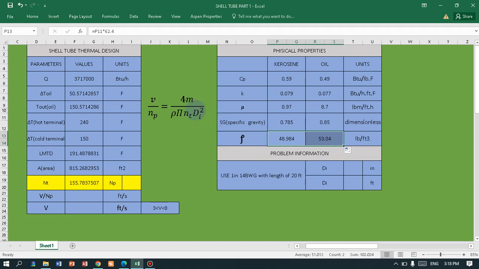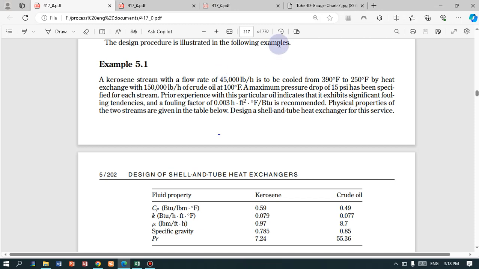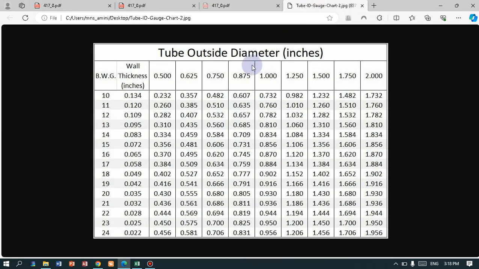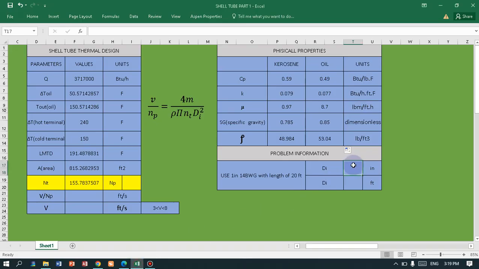For the internal diameter of the tubes, we need to find out the diameter of the tubes of 1 inch and 40 BWG. So let's get back to the tube ID gauge, which is 40 BWG and 1 inch as the outside diameter. By the intersection of these two numbers, we have this number. So insert this number into the Excel, 0.834,